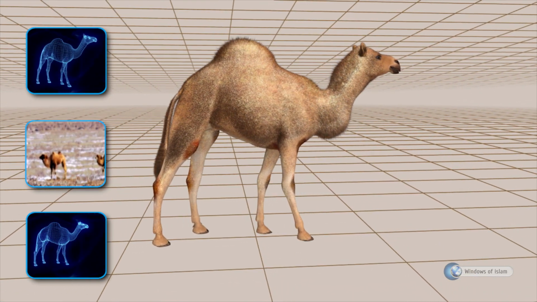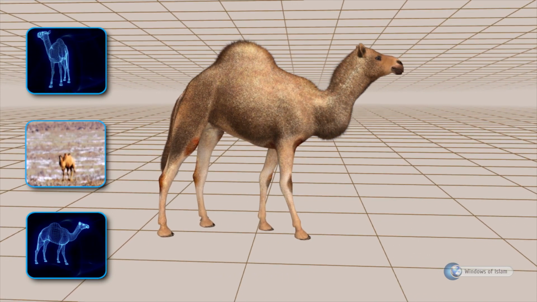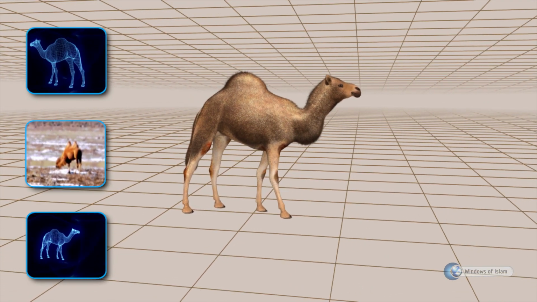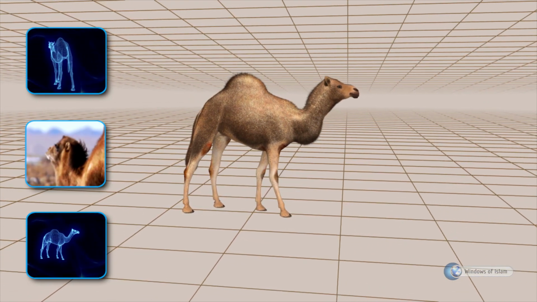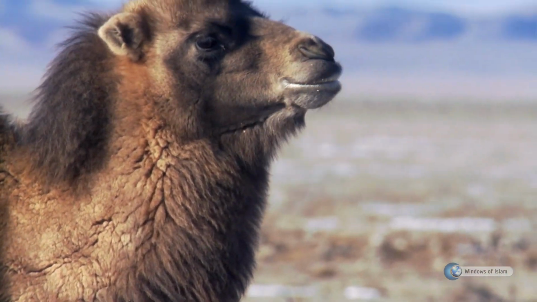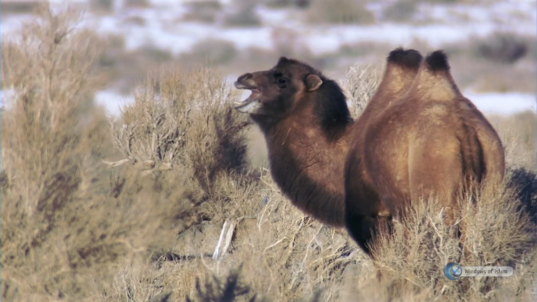If the camel were to have the legs of a horse, it would not be able to travel even 1 kilometer in the desert. Likewise, if the camel's eyes did not have nets, then it would not be able to take even a single step in a storm. And if its lips were not cleft, then it would not be able to be nourished. In such cases, would any of the camel's other characteristics have any importance?